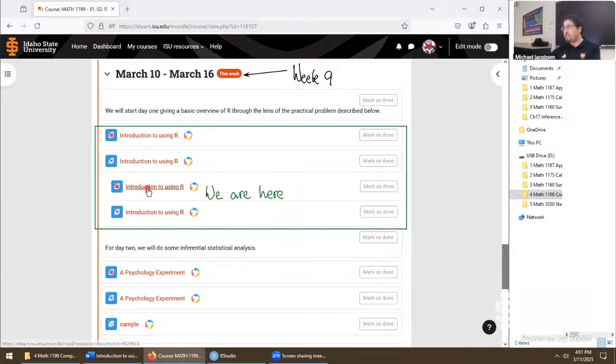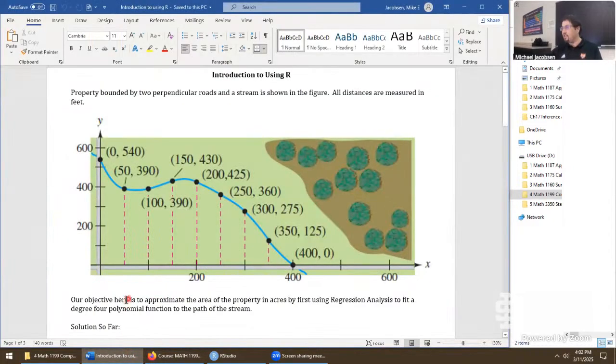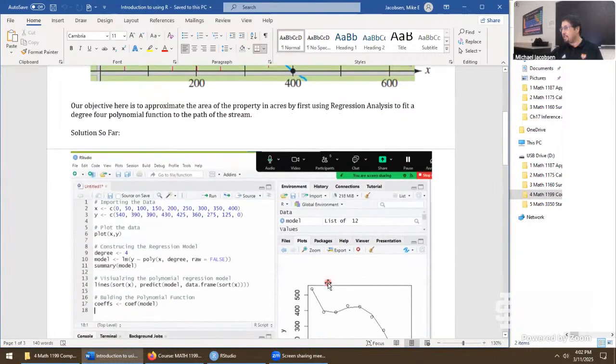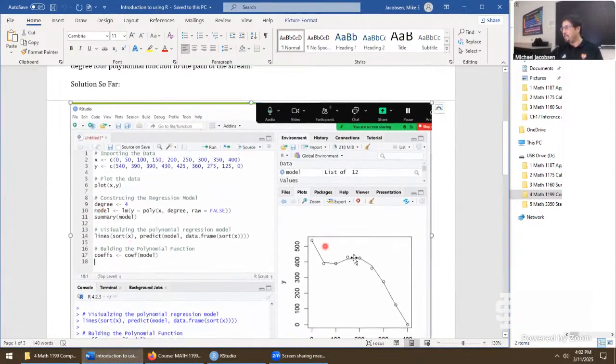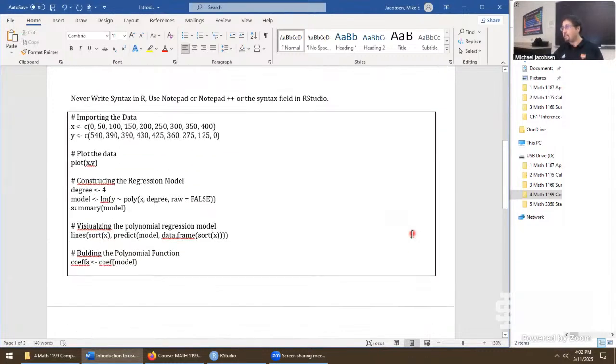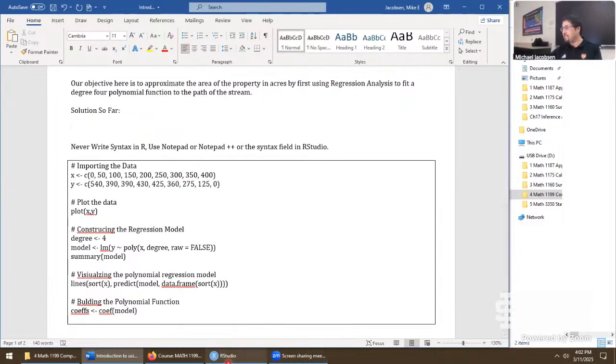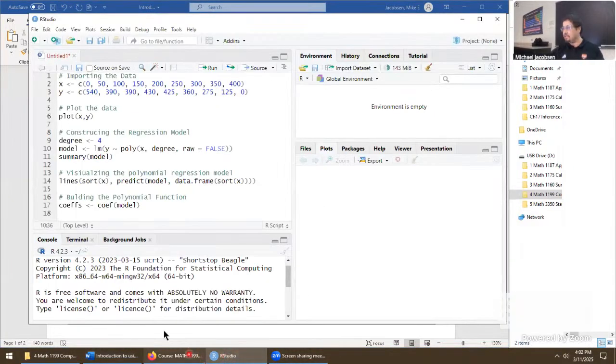The indented files right here are just where we left off. The files that are non-indented, those are the ones that are just blank. And so here's where we left off. We took all this information we saw in this picture here, imported it in this way, and this is just a screenshot of our RStudio environment at that point. Then we wrote out this syntax down below, and so that takes us to this part right here. There's all the syntax where we left off, and now let's see what we were doing.